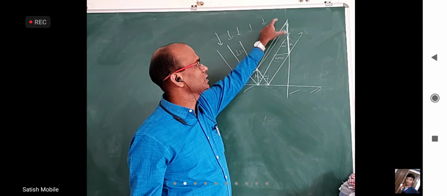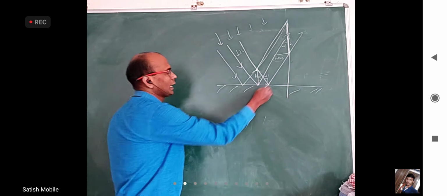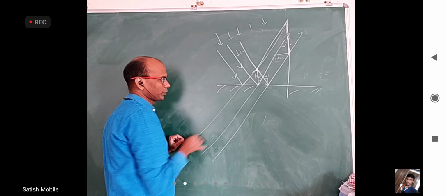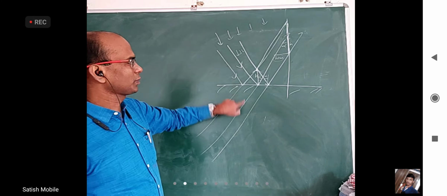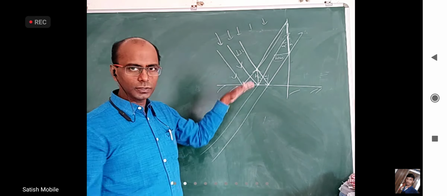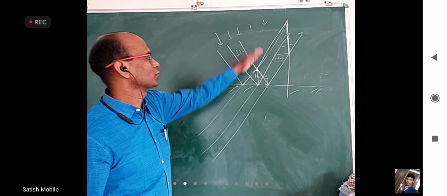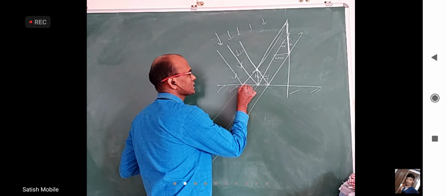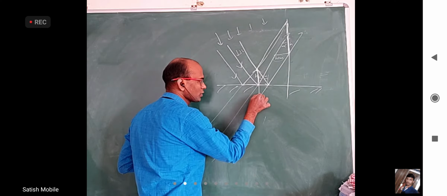Okay, this is 2h. But without all this, I will prove another way. I will extend this light ray, this light ray, this light ray. This and this are mirror image of each other. This and this are mirror image of each other. This and this are mirror image of each other. So this will be collinear, right? So the mirror image of these light rays with respect to this, which are will be collinear with this, correct? And this length and this length are equal. If this is h, what is this will be?